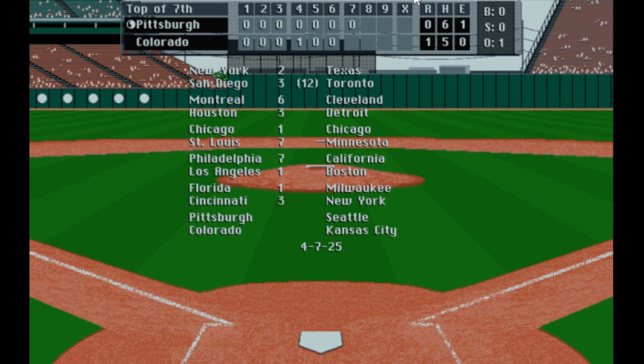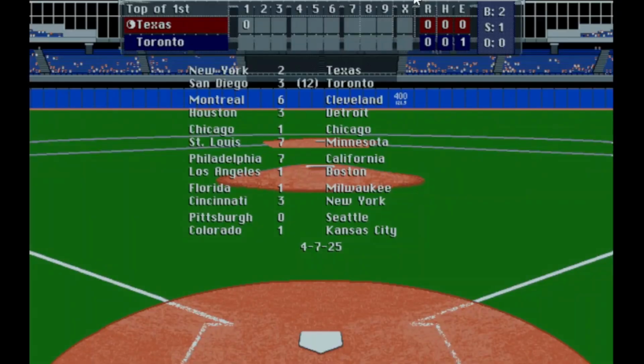So this was painfully slow back in the day on an old Pentium machine, whatever was required. I forget the minimum requirements. Now, if you prefer to play a game with full pitch mode versus one-pitch mode,